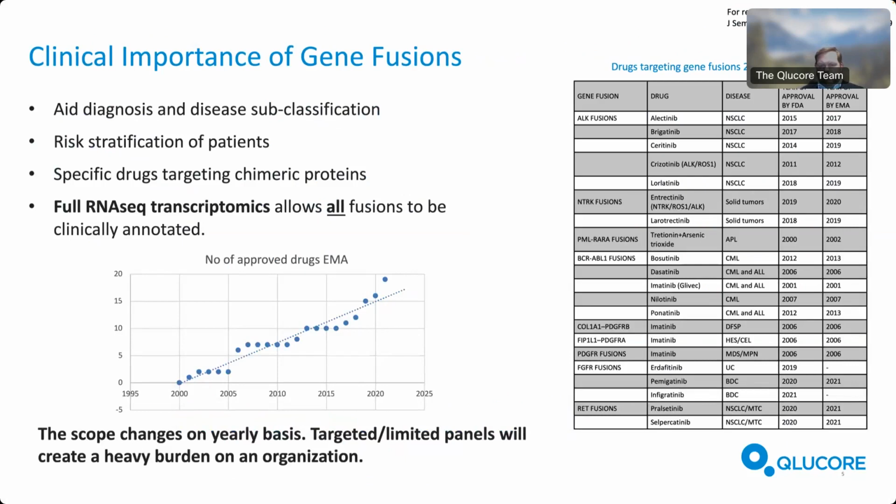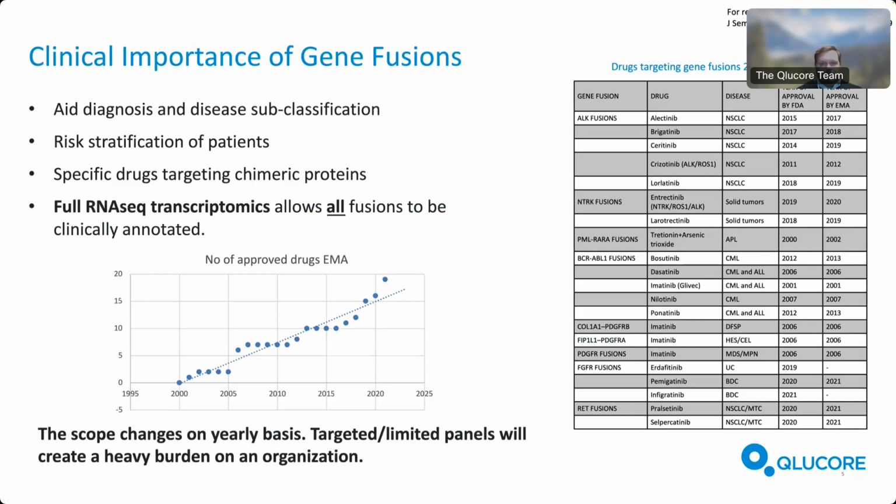And it is also an important part of the risk stratification of patients, even if there is no directed drug available for the specific gene fusion in question. So it is a very important part of molecular